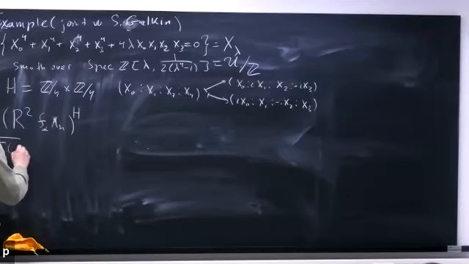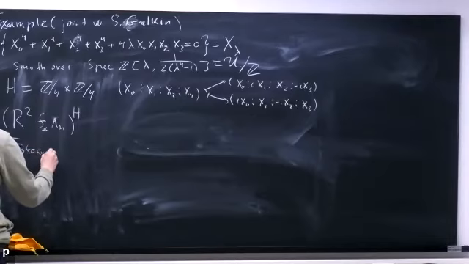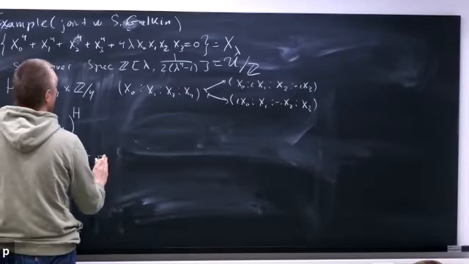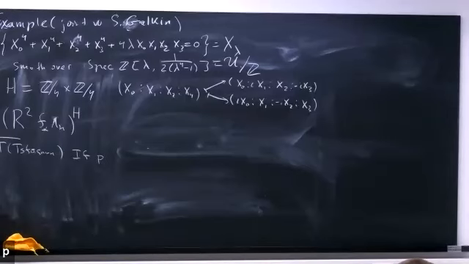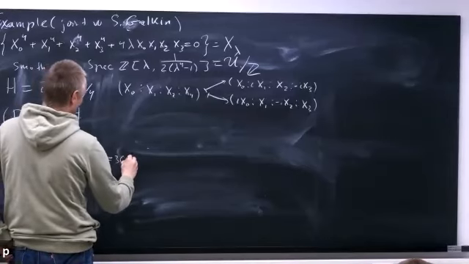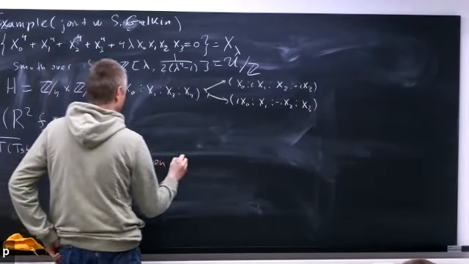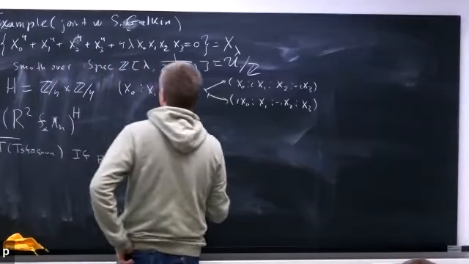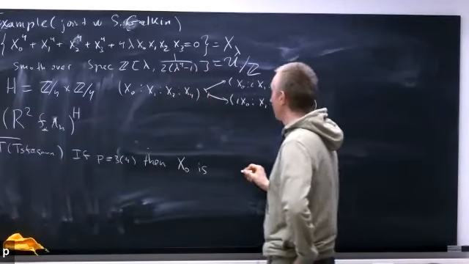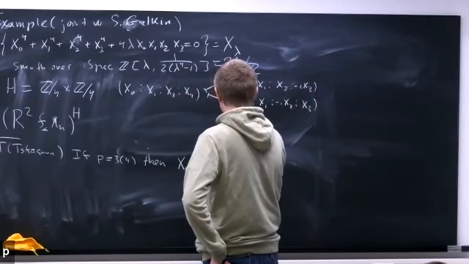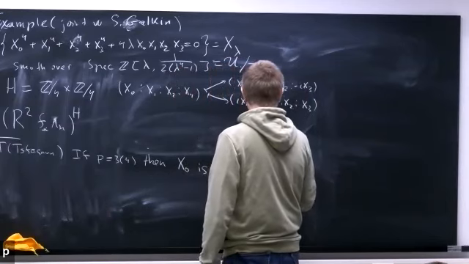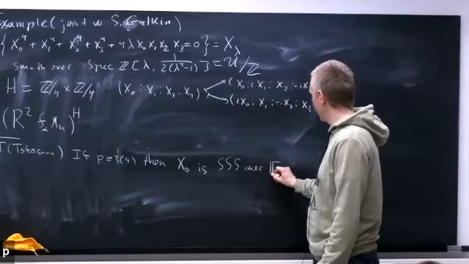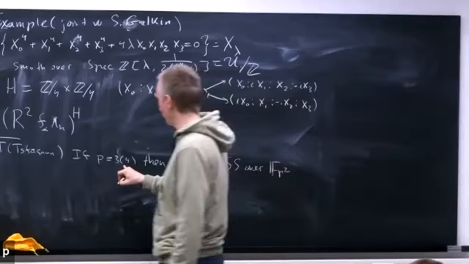But first, there is a nice theorem due to Shioda that if p is congruent to 3 modulo 4, then the fiber over 0, so exactly the Fermat quartic, is strongly supersingular over Fp squared. So we will construct the tower over Fp squared and assume that p is congruent to 3 modulo 4.